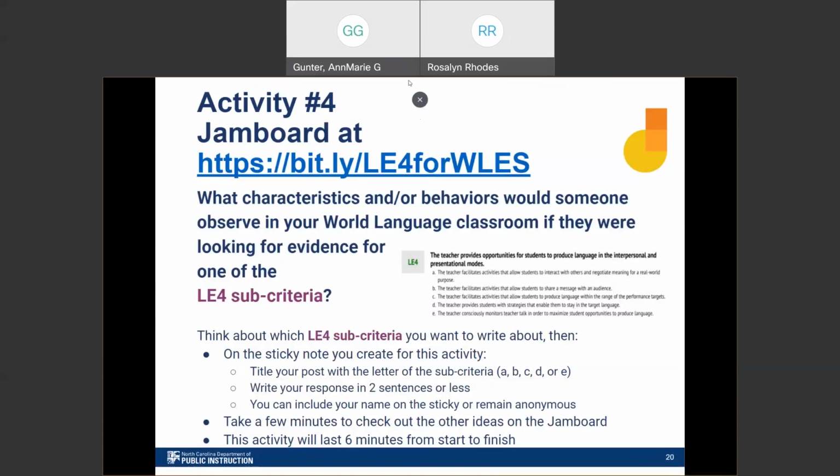All right, I have confirmation that it's fixed, so please go ahead and let's do our Jamboard activity. You can add to another sticky note, just pile those sticky notes together if you need to, if you're talking about the same kind of thing that was already shared. Notice there's a wide variety of activities and things, much like Rosalyn talked to us about, the things she does with her students with art units in different ways, having them practice getting away from a conversation, those real world examples. So you might want to jump onto somebody else's, or you might have a new one you want to share for a particular criteria that you do in your classroom. This is a good opportunity for you to learn from other world language teachers and to share your experience and expertise too.